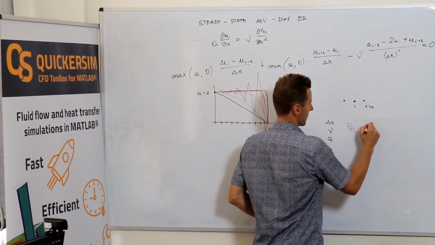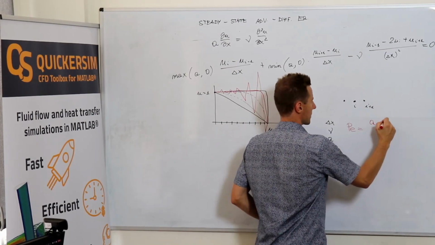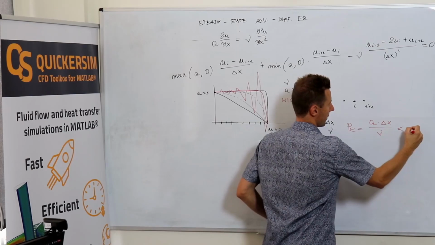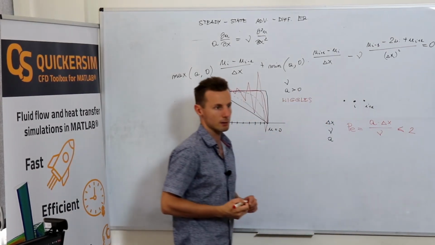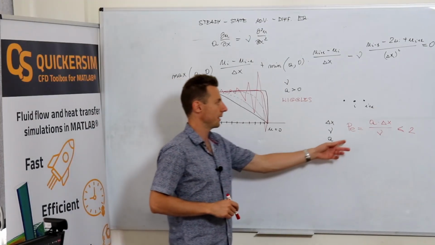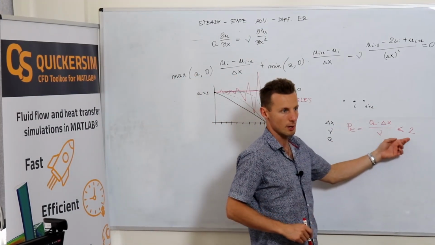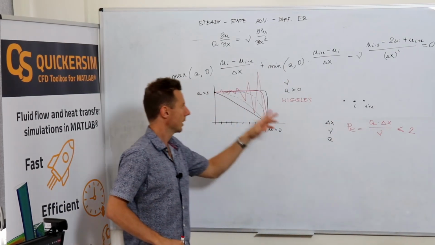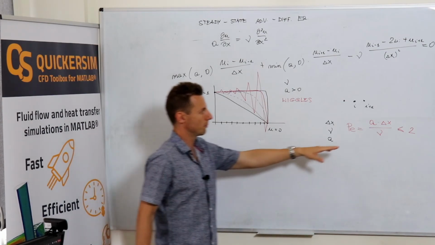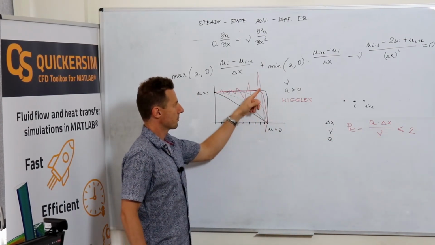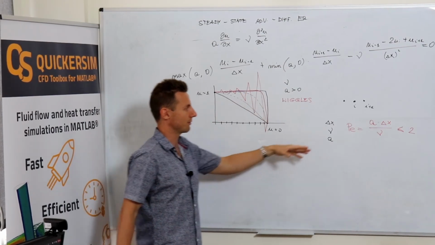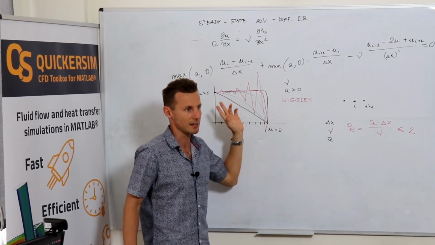The Peclet number is A times delta x divided by diffusivity, and if this one is not greater than 2, then everything is fine. If the Peclet number is below 2, everything will be fine, so you have a stable numerical solution. If you go above, then probably small wiggles will start appearing,